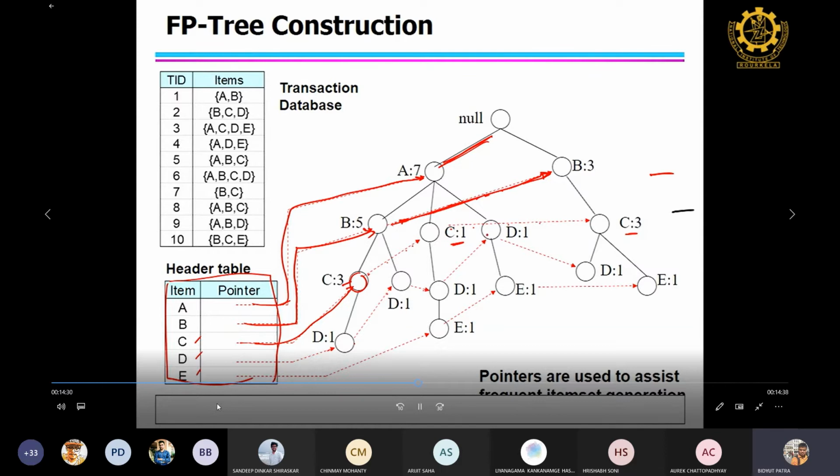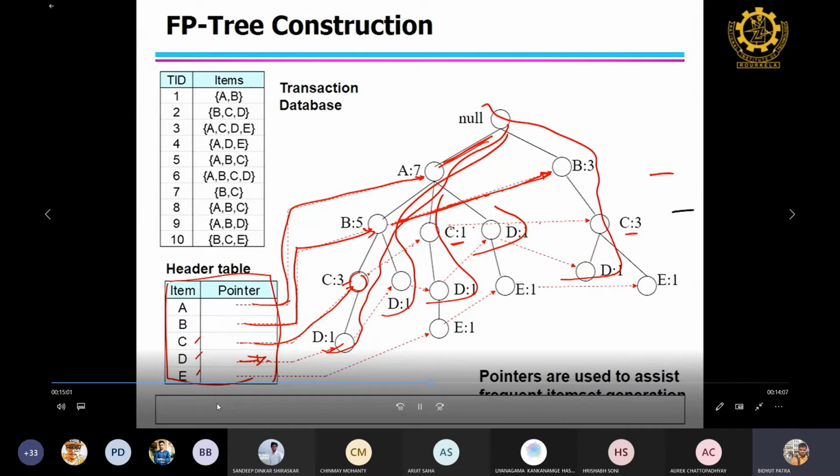So now if we want to find what are the item sets starting with D or ending with D, what you can do is go to D, and then you only find this path here, and this path, and this path here. No need to search any other path. Because when you generate the FP tree for a big data set,